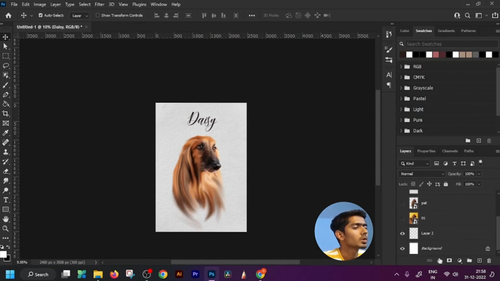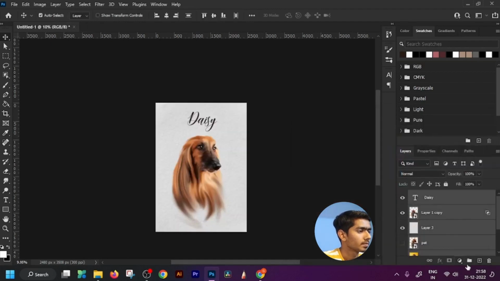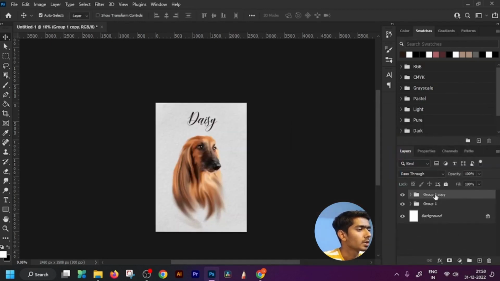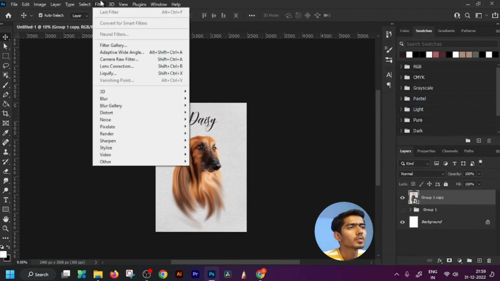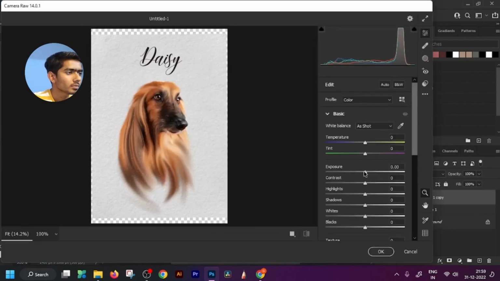Now group all these layers, then copy it, convert it to a smart object, then go to Filter, Camera Raw Filter. Play with hue and saturation, increase contrast to 25, lights,